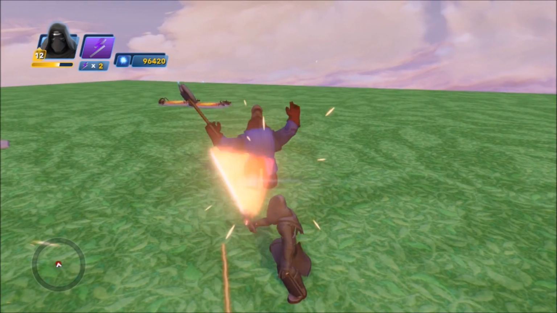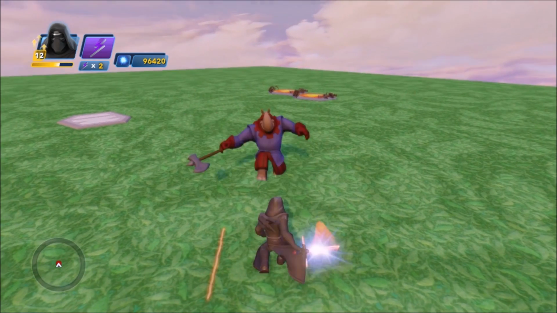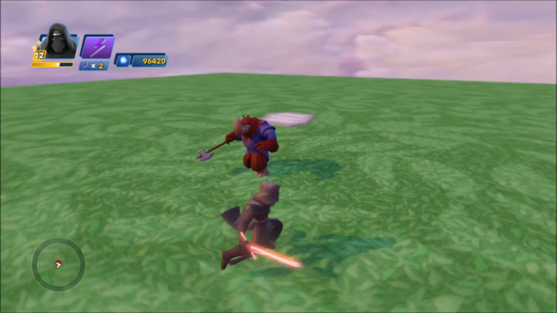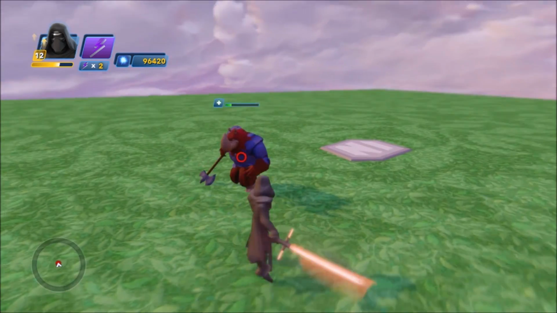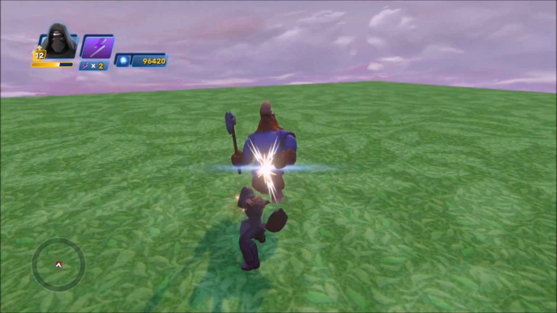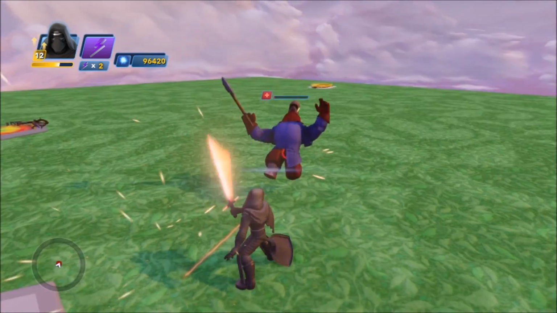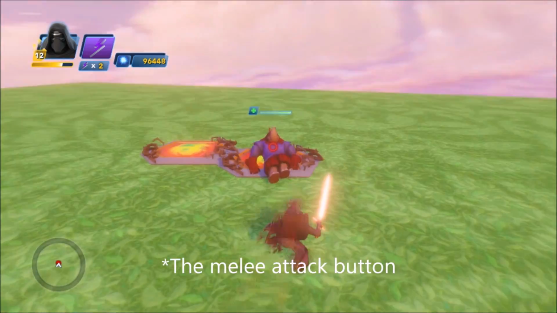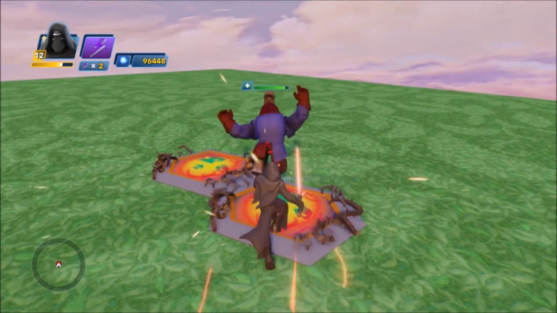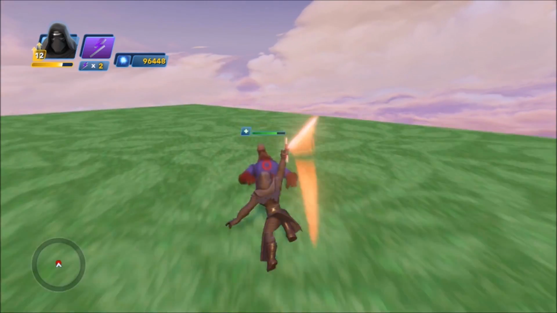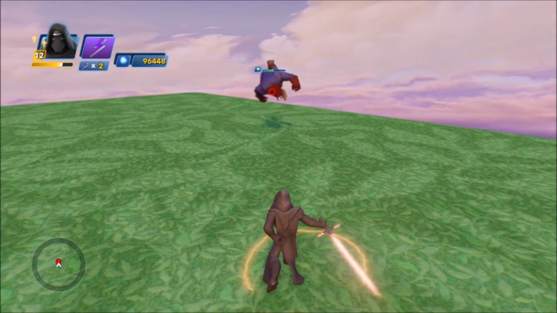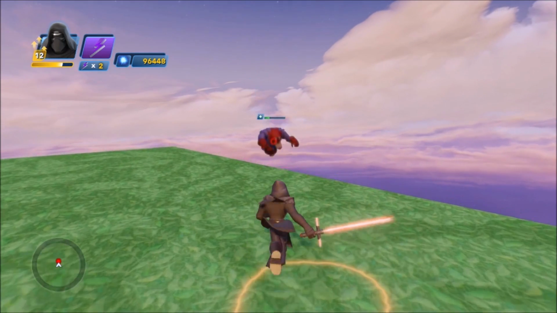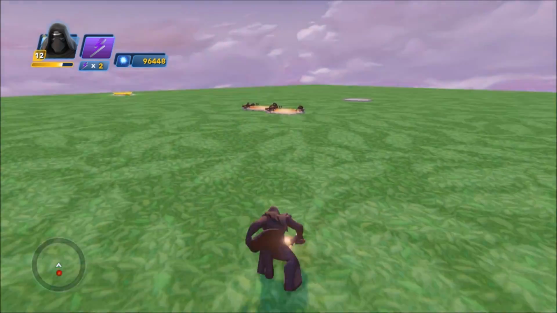If I just use my normal attack and I hold right, for me it's D, for you it might be a joystick, I have to wait for him to do that before he'll start moving to the right. So I'm just using the attack and holding right. Whereas I don't have to wait that long if I just keep mashing the button. Disney Infinity is actually very mash friendly. For a lot of attacks and a lot of characters, you can just sit here like I'm just mashing away on the left button right now, and it's fine. You'll get that nice little attack sequence. It's handy, it's effective,